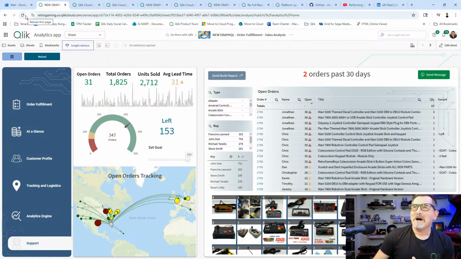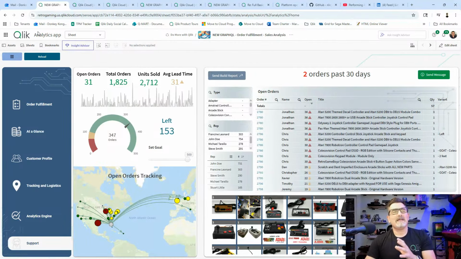So we're going to take an example from the position of a fulfillment manager. Okay. And this is from a retail or an e-commerce example. We have a bunch of sales that are coming in. There are products that need to be built as the order comes in. We have a lead time of 6 to 8 weeks. When we start to approach 30 days, we want to make the fulfillment manager aware that their orders have not